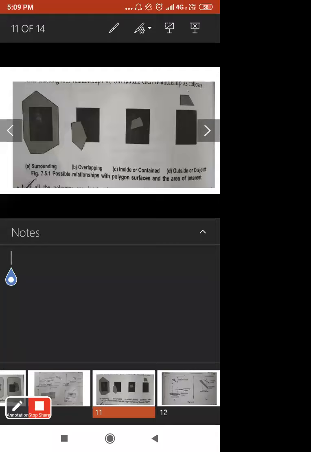Okay, so the second case we were discussing: if there is only one intersecting or content polygon, then the area is first filled with the background color and then with the foreground color. Foreground color means the color of the content polygon. Then in the third case, if there is a single surrounding polygon but no intersecting or content polygon, then the area is filled with the color of the surrounding polygon, like case 1.